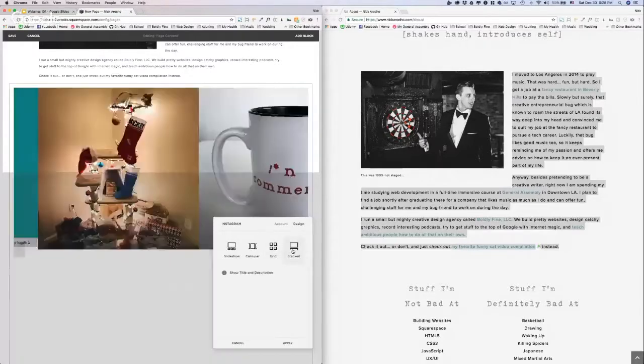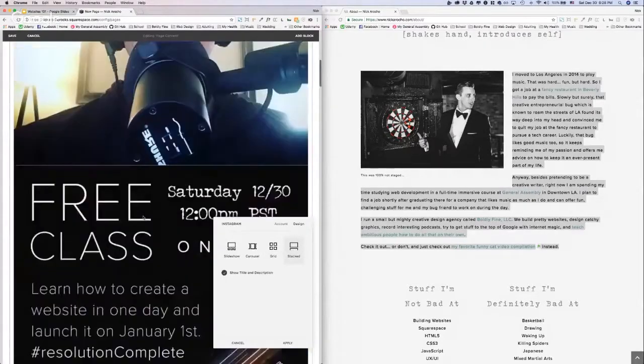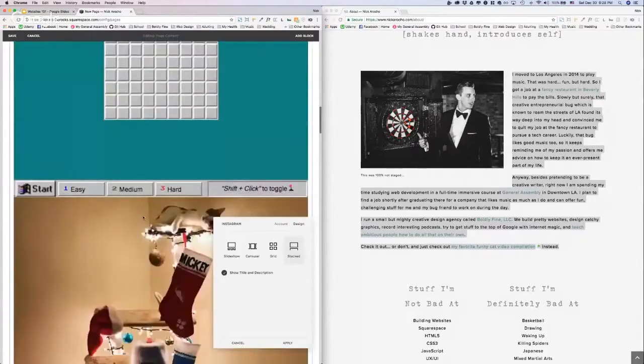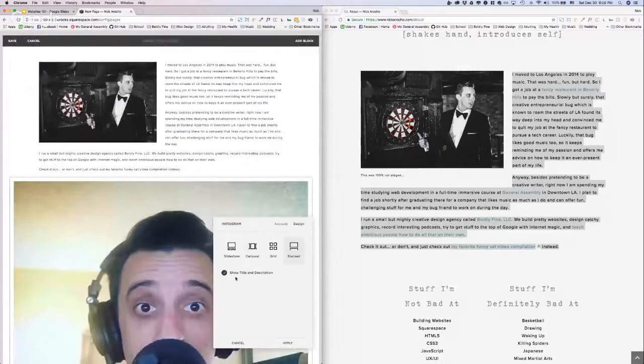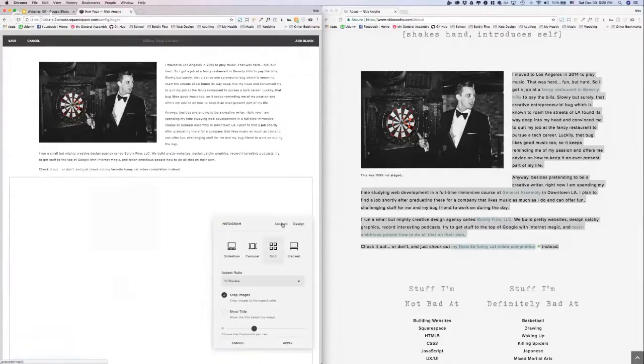Set it to grid. You could set it to stacked. That stacked makes them the full image one on top of each other. And then you can also choose to show the description or not. Okay, let's go back to grid, and I want to show you a really cool feature that you might use